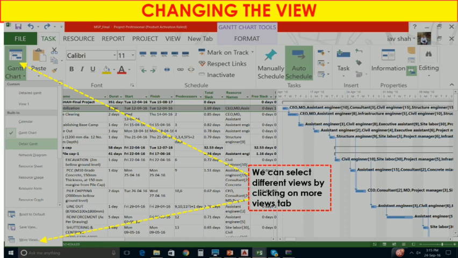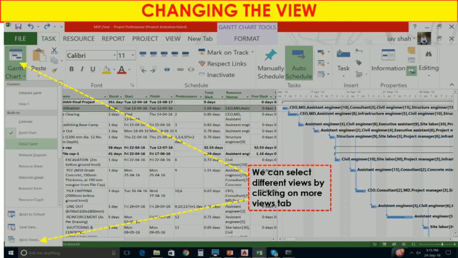By selecting the Gantt Chart drop down menu, you can see different kinds of views you can select. By default MS Project has a Gantt chart, so you can select detail chart, network diagram, resource sheet, resource usage, resource form, resource graph, whatever kind of views you want to see in your window.